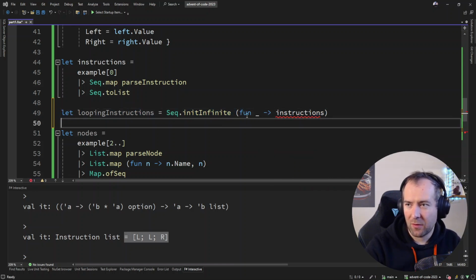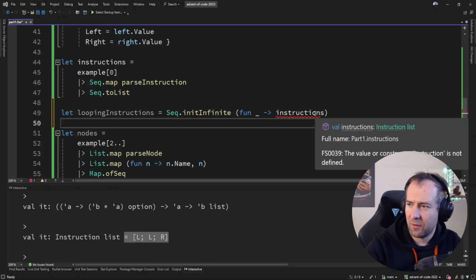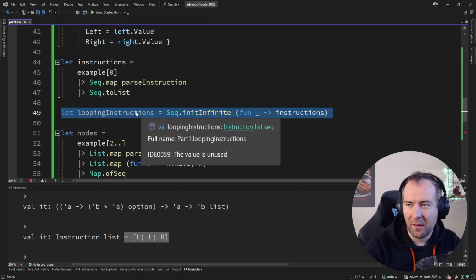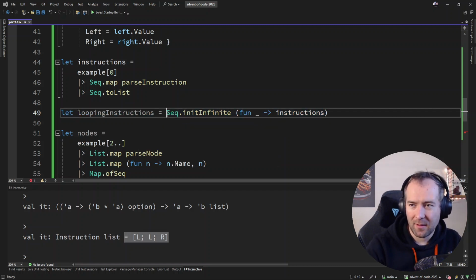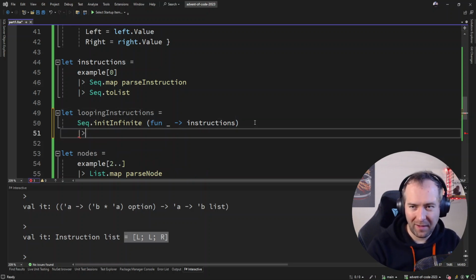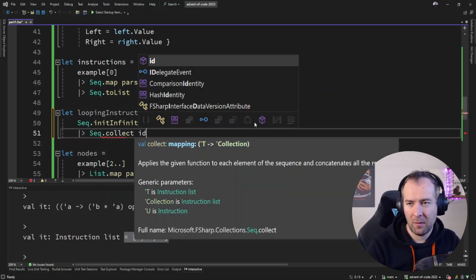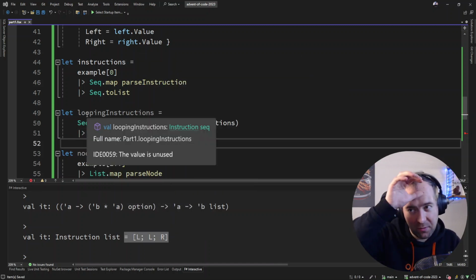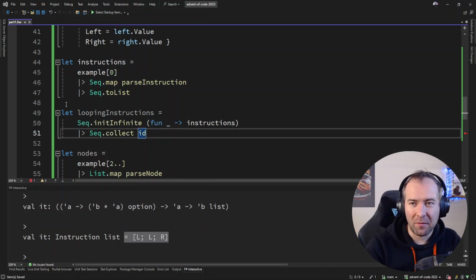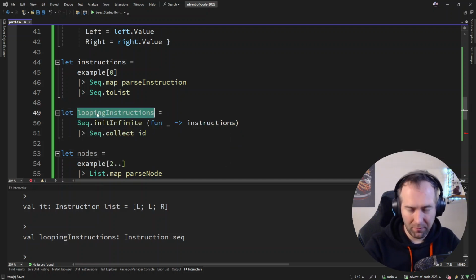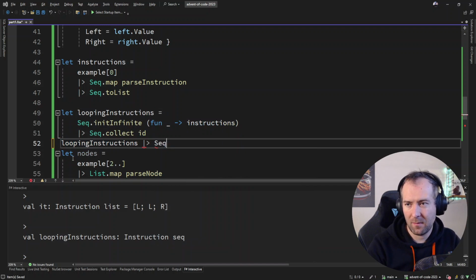Now, if you look at what's going on, instruction is not defined. Come on. Okay. So if you look at the type of this thing now, it's an instruction list sequence, a sequence of a list of instructions. That's too much. We only need one collection type. So if we flatten this list again by doing a collect ID, that's something we've done already, then the type is a sequence of instructions, and it's an infinite sequence. That's the important twist. So if we execute this and take the first 10 elements of this sequence,